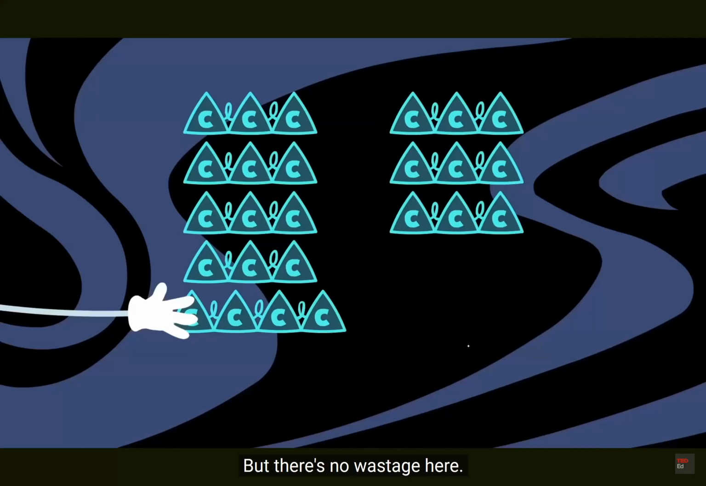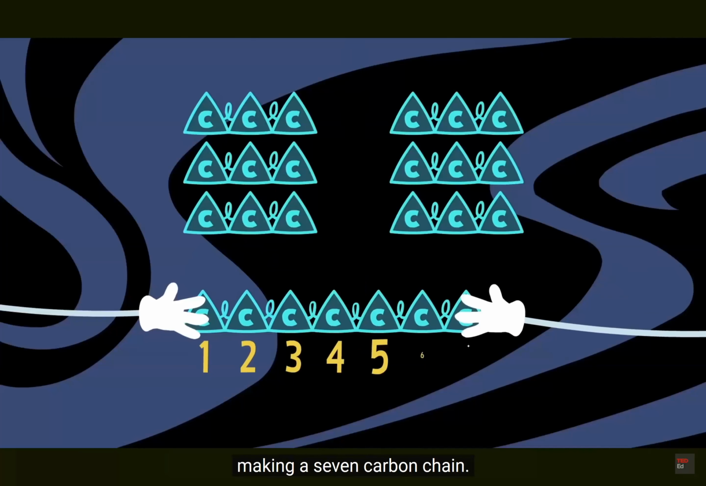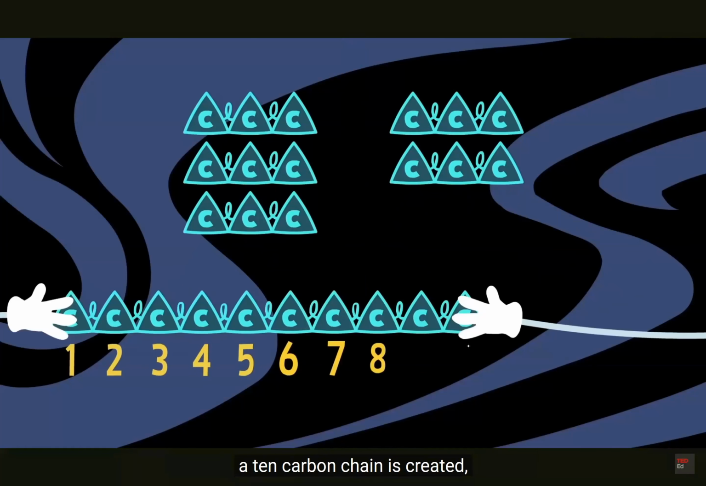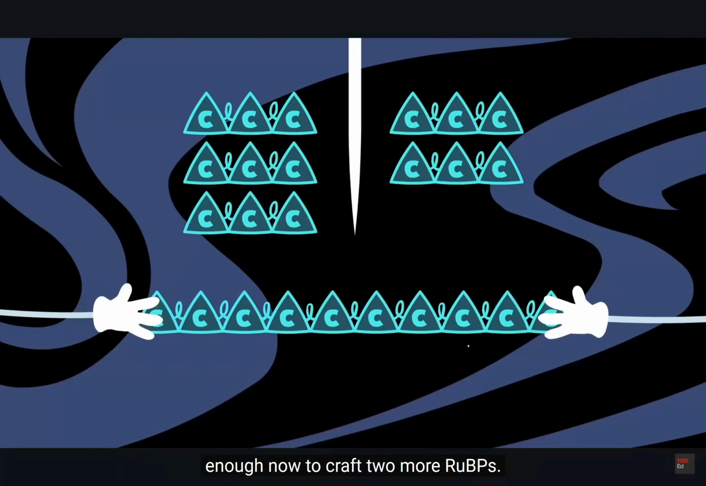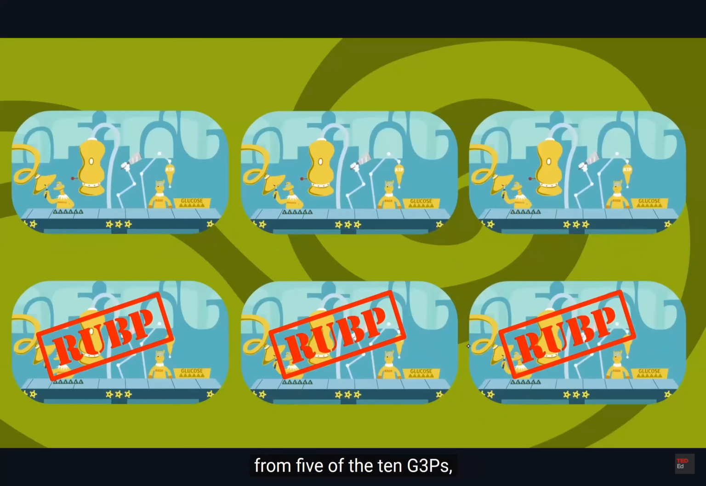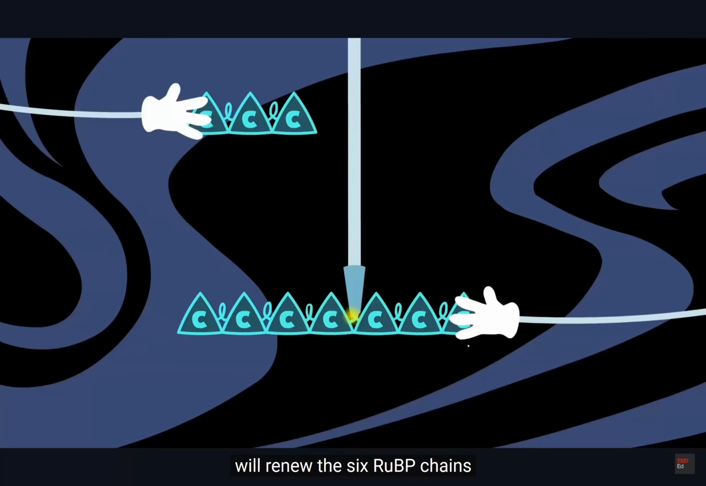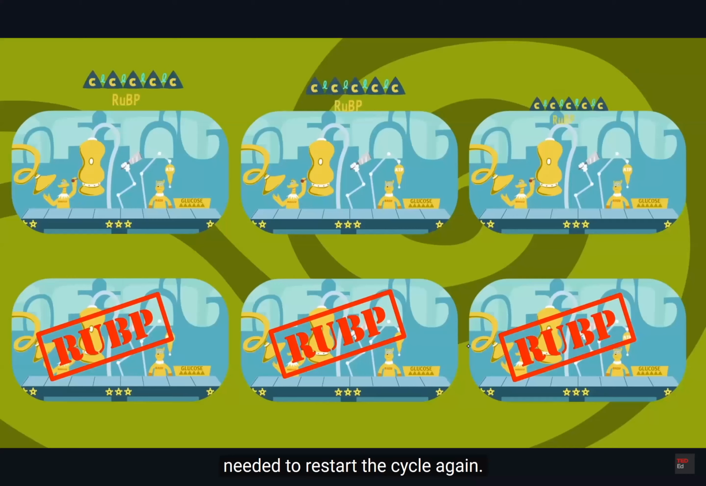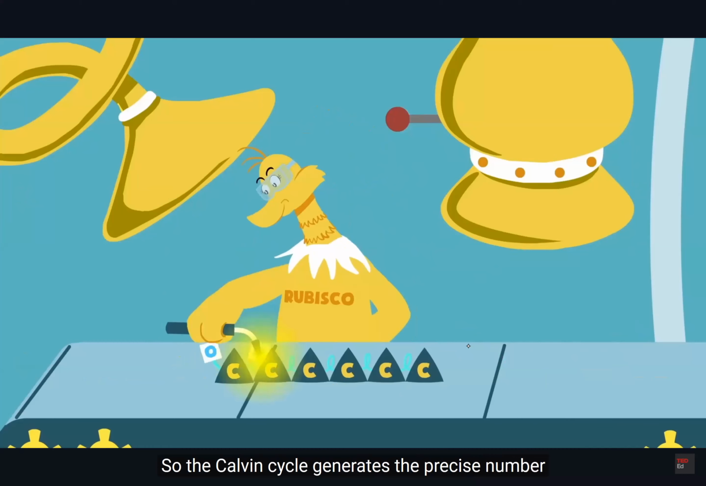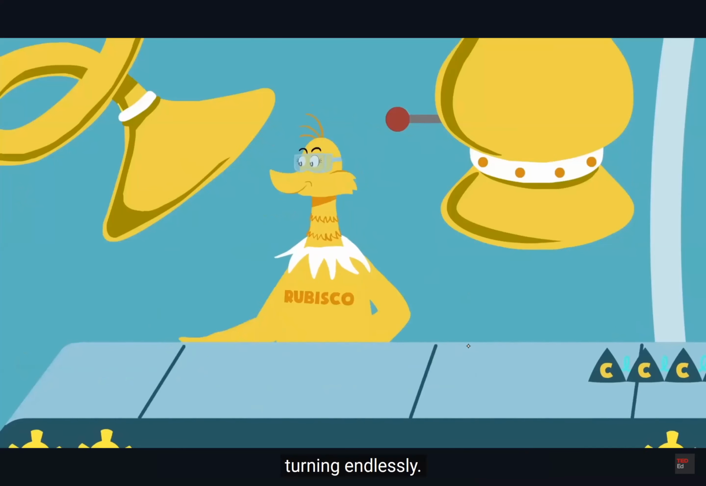But there's no wastage here. Those are soldered to a 4th G3P molecule, making a 7-carbon chain. Added to a 5th G3P molecule, a 10-carbon chain is created. Enough now to craft 2 more RUBPs. With 3 full RUBPs recreated from 5 of the 10 G3Ps, simply duplicating this process will renew the 6 RUBP chains needed to restart the cycle again. So the Calvin cycle generates the precise number of elements and processes required to keep this biochemical production line turning